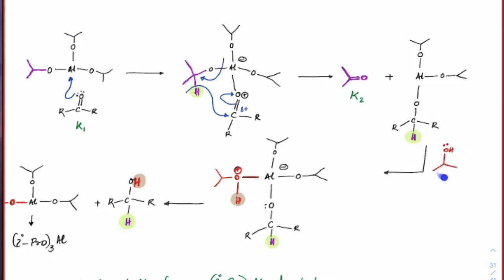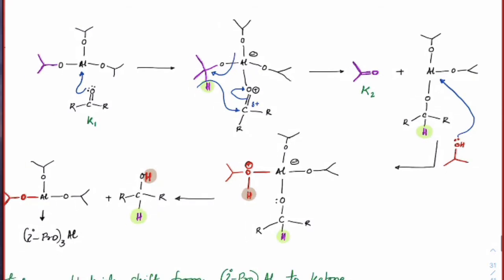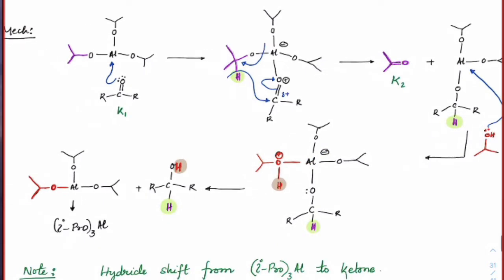Now the reaction happens with alcohol. The alcohol which is present here will now attack the aluminium because now aluminium has an empty orbital. As it attacks, you can get this aluminium complex forming. So this red one which I have taken is that alcohol which we are taking. Now again the same thing happens here. You can see aluminium has negative charge on it, so it will start pushing electrons.